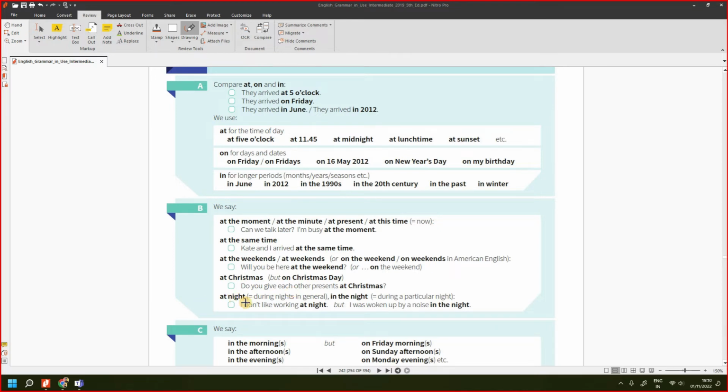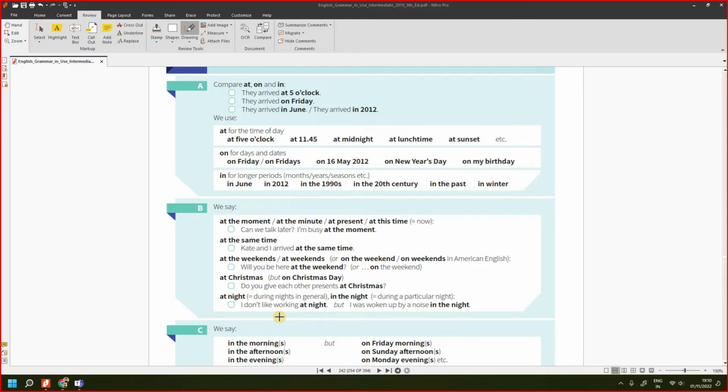And most important thing is, unlike the afternoon, morning and evening, for night it is always at night. Okay, see, there is another word called tonight. That is a single word, tonight. That means it's referring to today night. But if you want to generalize about a night, you can say at night in general. Okay, at night, they have given here, during nights in general. During nights in general, this is something that you have to learn.